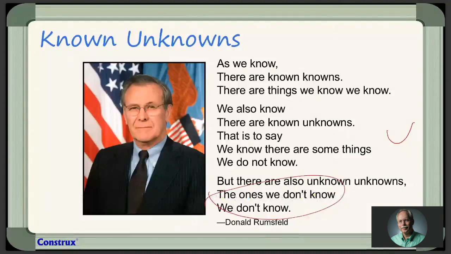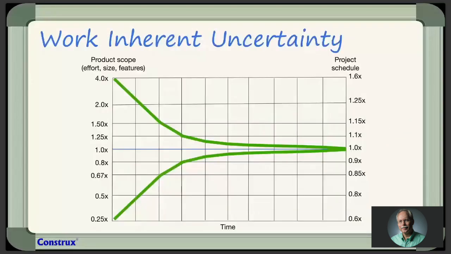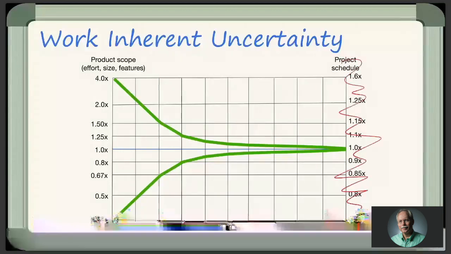One is the flavor of inherent uncertainty. Inherent uncertainty is the natural variation we get on any existing process. This is what Steve McConnell named the cone of uncertainty. It's his variation from Barry Boehm's work, where he talks about product effort size and features. And we can ignore this side here, because that stuff Steve made up. This is the real data